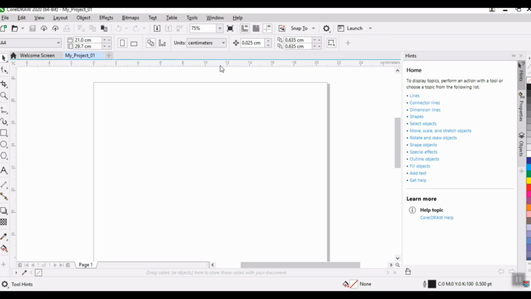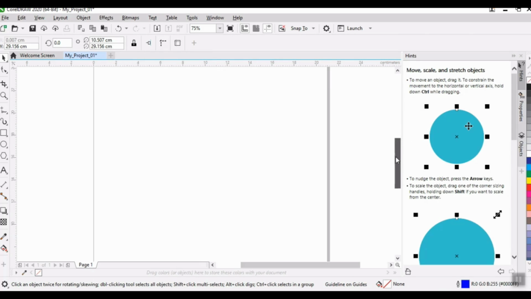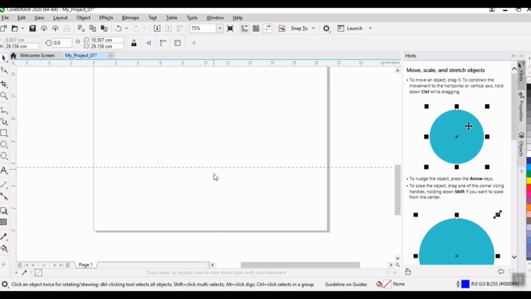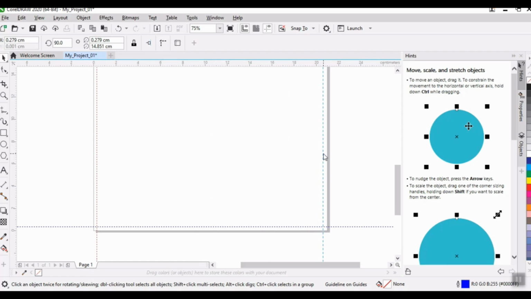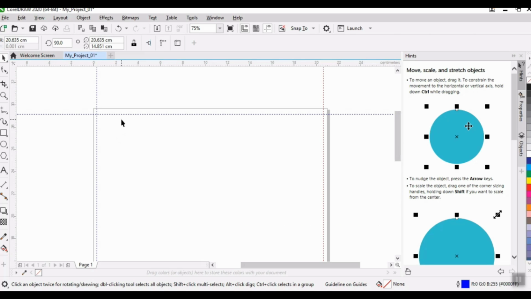By clicking on this ribbon, hold it and then drag and drop to the desired area. Do it for all the sides. Through this, you can ensure that your drawing will fit into the specified area only. So, if something is written outside of this area, it will not be part of your final output.